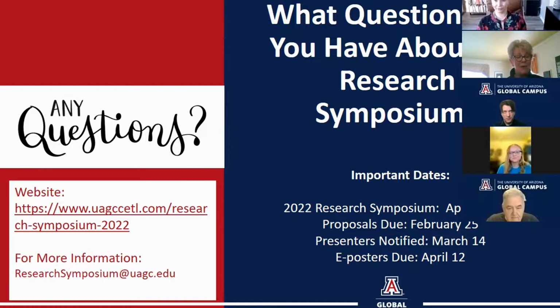Yeah, seriously, look at the scope of the programs we have at UAGC, right? We have a wide variety of programs, and psychology is one of our biggest departments at the university. So absolutely it fits. Sure, if you're over in one of the majors in the Forbes School of Business and Technology, you're going to have more of that sort of focus, but we have a whole lot of people in behavioral sciences and education and health and human services. So absolutely, there's a fit there for any of our students or in any kind of major.